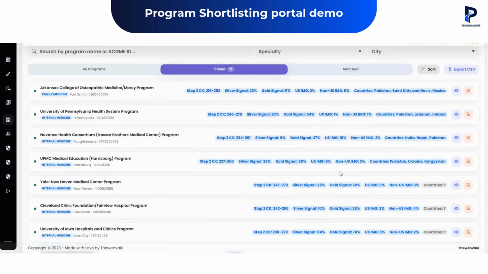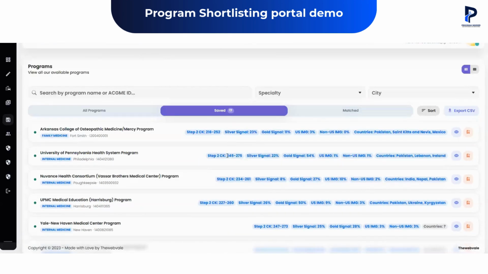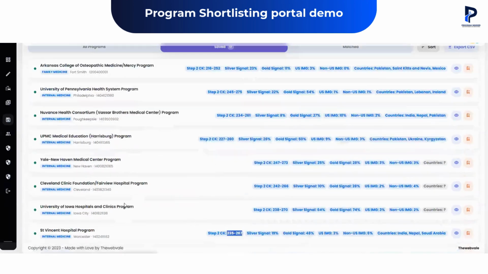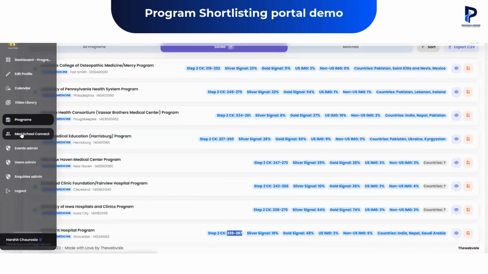So this is the platform which will help you to actually analyze and make your list, which is the next-level list, even the signals as well. So you can choose those signals based on your ties. Maybe you have done some rotations in those locations, so plan accordingly. Maybe your medical school belongs to one of the locations, so